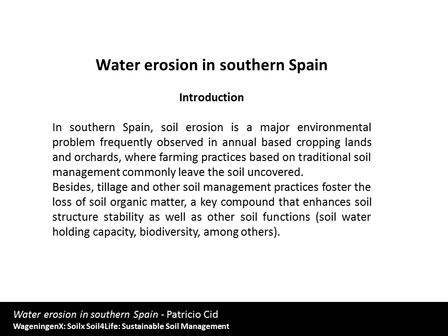As an introduction, let me tell you why I chose water erosion in southern Spain as the threat I wanted to address. In southern Spain, soil erosion is a major environmental problem frequently observed in annual-based cropping lands and orchards, where farming practices